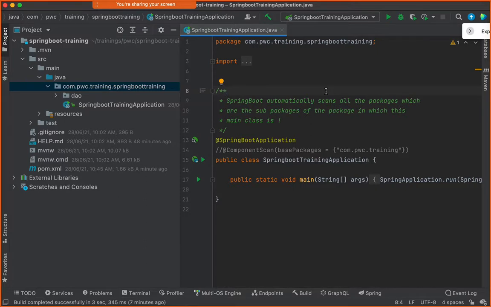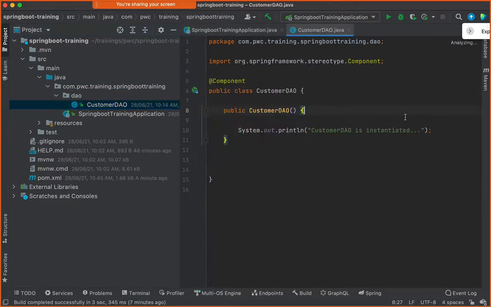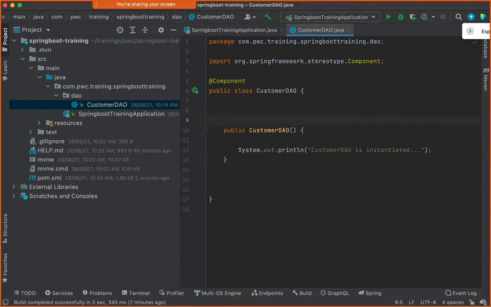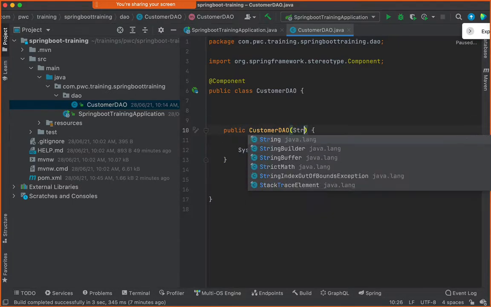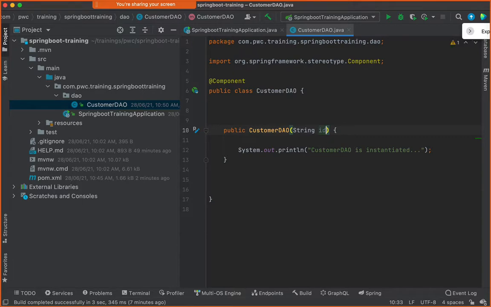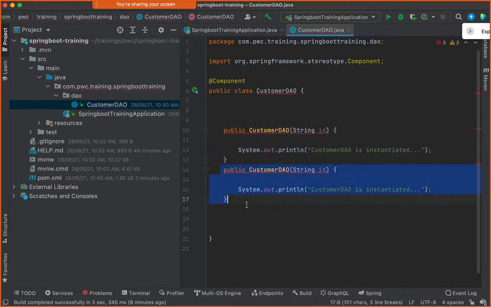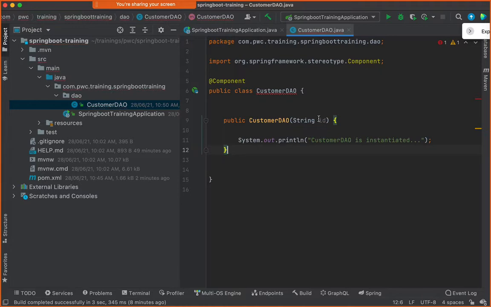Say for example, here you do have a DAO class out here, but suppose you want to programmatically create the instance of this DAO class. Perhaps you are expecting some string, say for example ID, and the default constructor is not there at all. This is the only constructor that you have got, and you're going to pass some ID of string type.